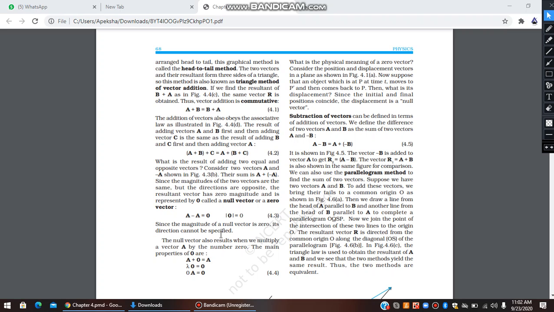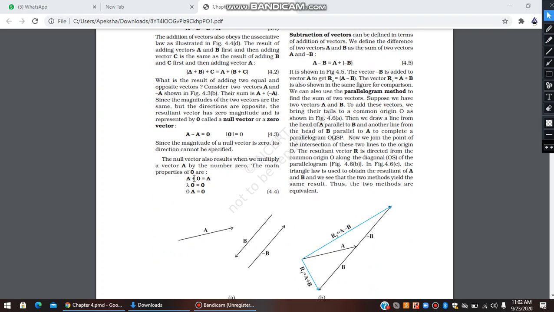Moving on. They have just told you what happens when you add something to a zero vector: you get the same thing. If you multiply a scalar quantity with a zero vector, we are left with a zero vector. And obviously, if you multiply a magnitude zero into some vector, then you get a zero vector, because multiplication of scalar and vector is a vector. So if you multiply a scalar 0 with a vector a bar, the answer is not 0 but 0 bar, because it will be a vector quantity.